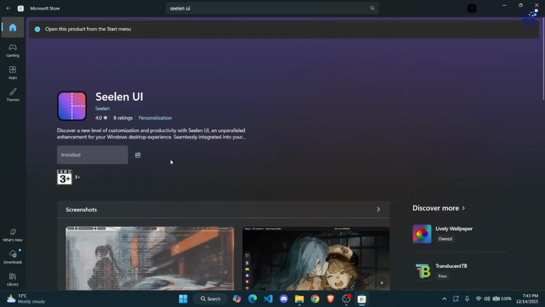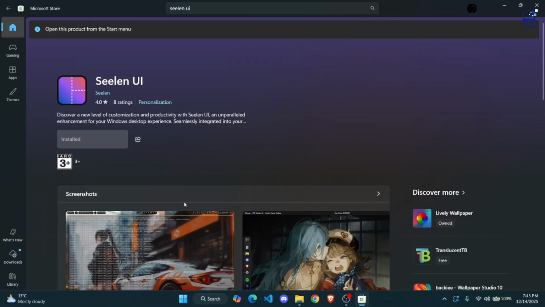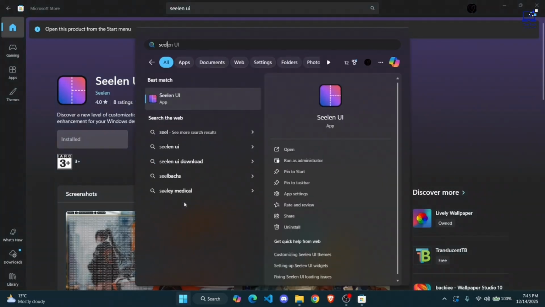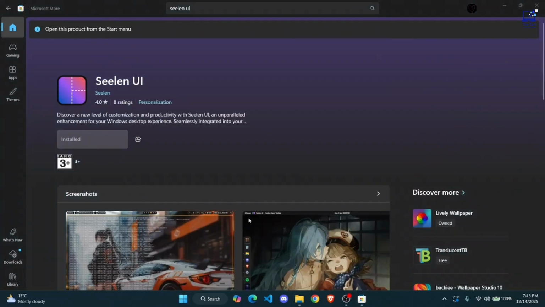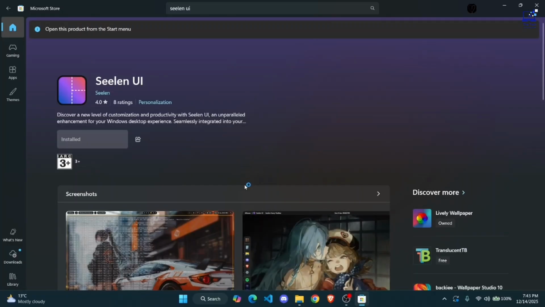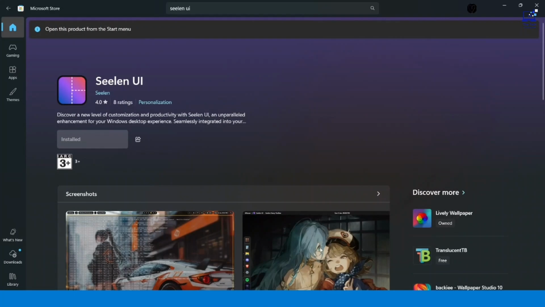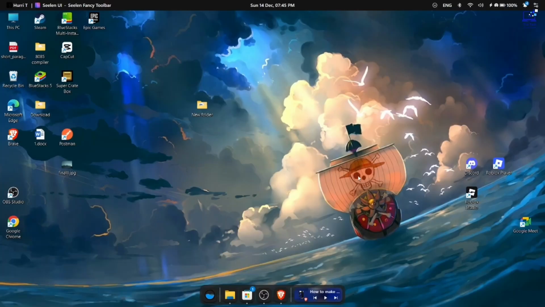Once you install it, just open it up. Let me just go ahead and quickly search for it. Open up the application. It's going to allow you to add different widgets and other wallpapers to make your desktop really minimal and clean. Once you have opened up the app,